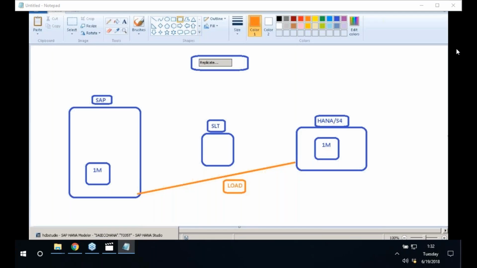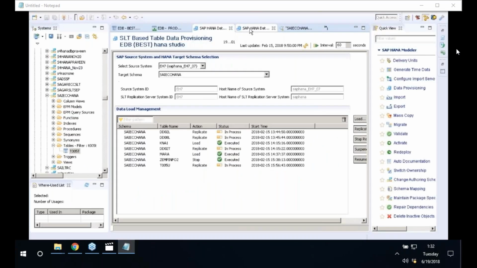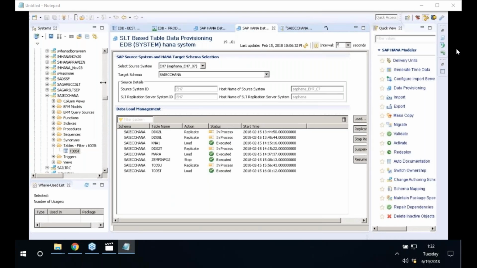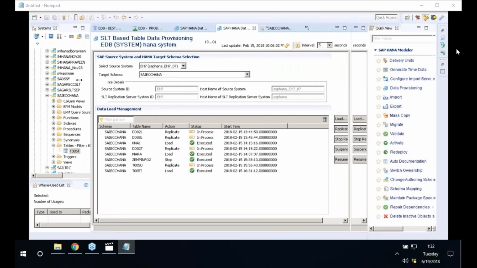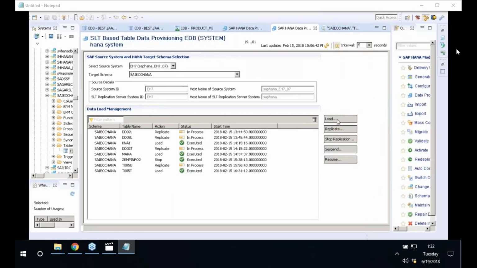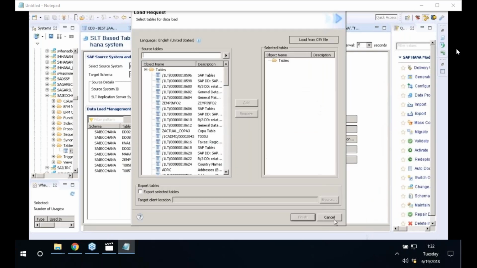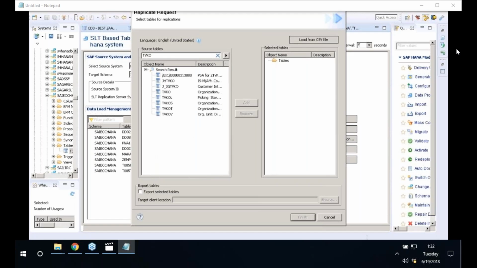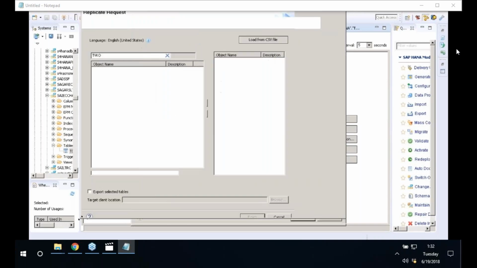Let me go to the data provisioning editor. Just notice this, participants. Click on the replicate option. Once I click on the replicate option, let us search for a table called TVKO. TVKO is nothing but the sales organization table. Click search. So here you have the sales organization table, which is TVKO. Select the table, click add,